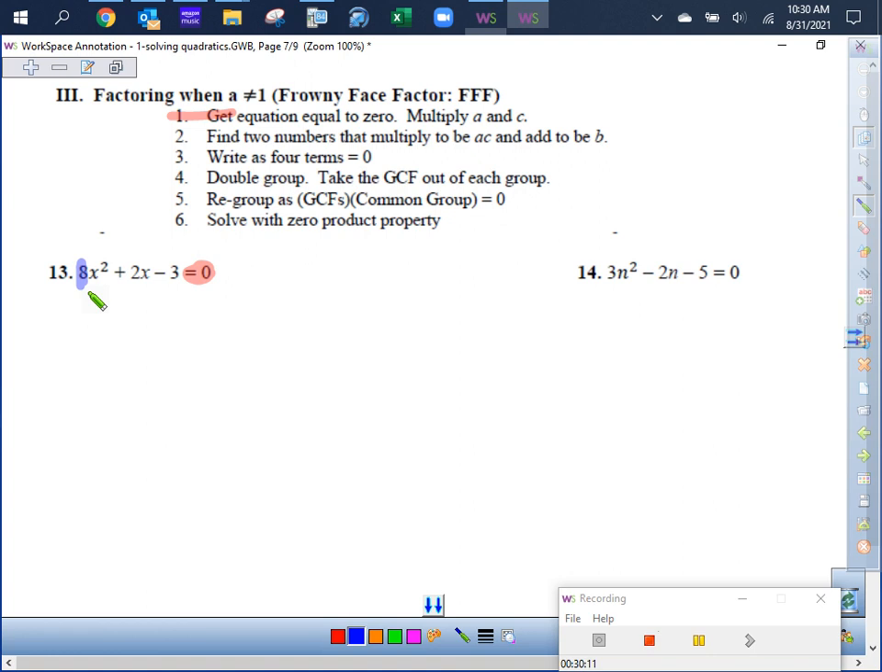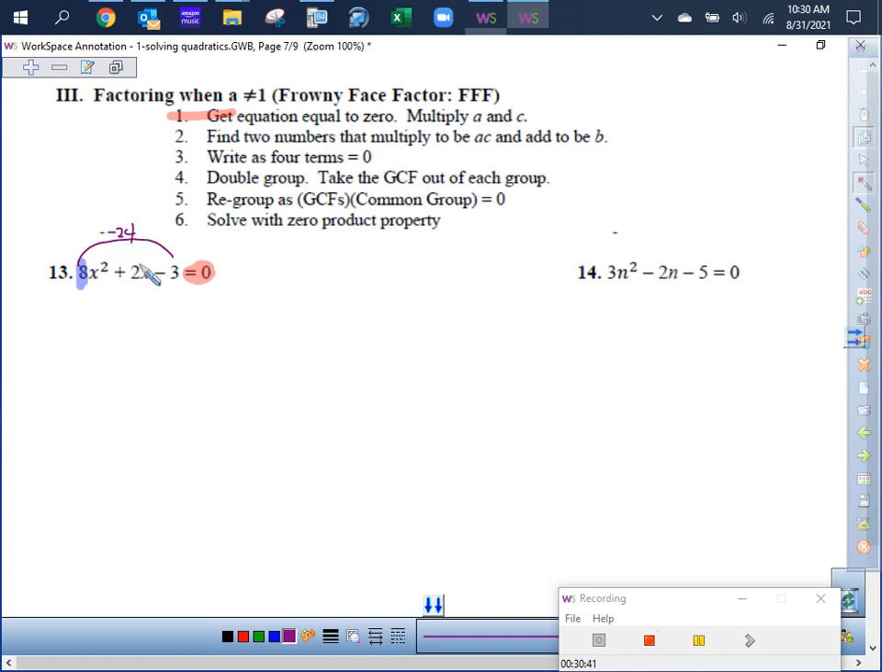So I made up the name frowny face factor for 2 reasons. 1, this sucks because it's a lot of work. 2, I literally want you to put this frowny face right here. You know why we're doing that? Got to multiply those 2 numbers together. You got to take a times b. It's 8, and here's